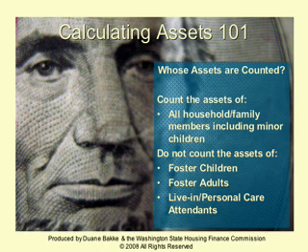Johnny's grandmother gave him a $500 savings bond for his first birthday 8 years ago. Even though Johnny doesn't understand what it is, do we still count it toward the family's assets? Yes. The assets that are counted must include the entire household, even children. But if Johnny is a foster child, do we still count the savings bond? No. Foster children, foster adults, and personal care or live-in attendants are not considered part of the household for the purpose of calculating assets. To go one step further, live-in attendants are typically not even on the lease and must vacate the unit immediately if the resident vacates for whatever reason.